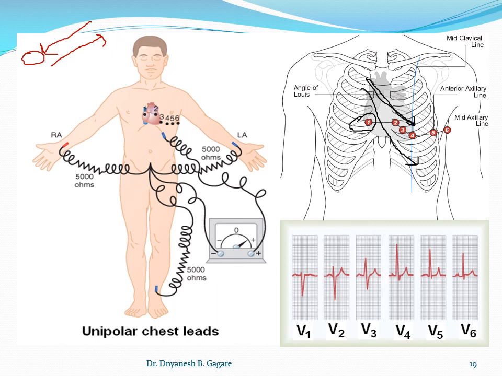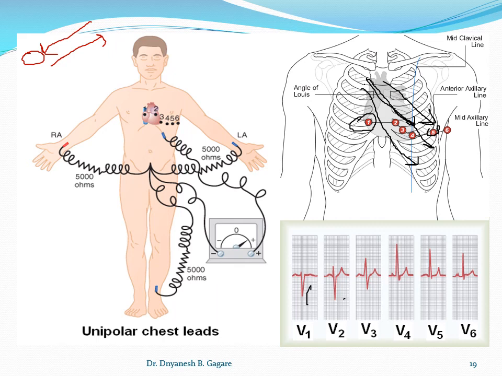exploring electrode. Since it flows away from the position of the exploring electrode, that's why we get the negative wave here. In lead 2 also the negative wave, because current flows in this direction. If you see the remaining points, V3, V5, V6, they become positive, because their location comes towards the left side, and current is flowing towards the exploring electrode. That's why here the waves are positive. So this is all about the chest leads, students.